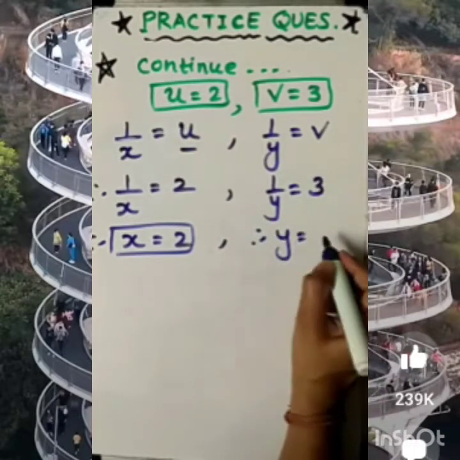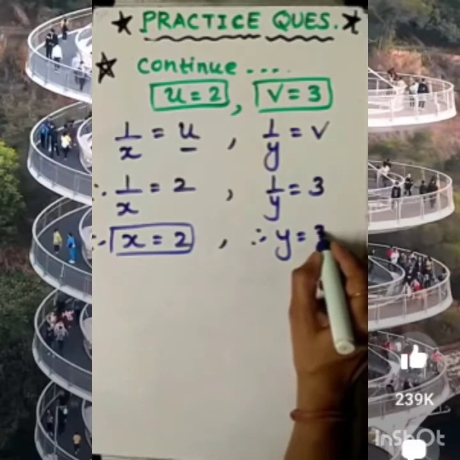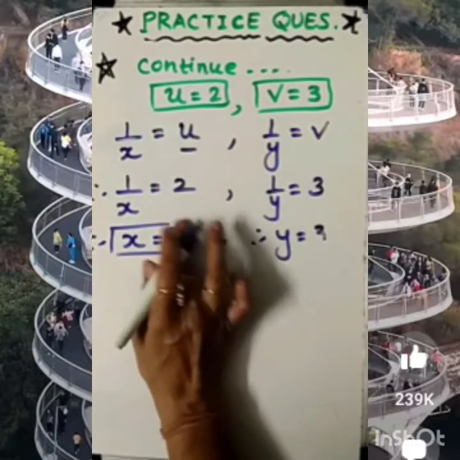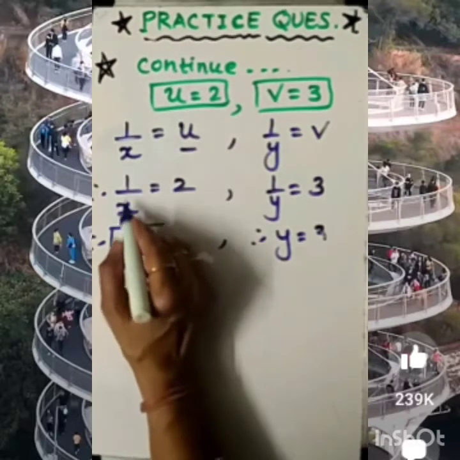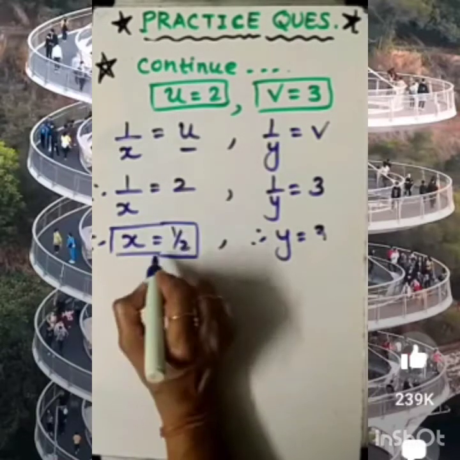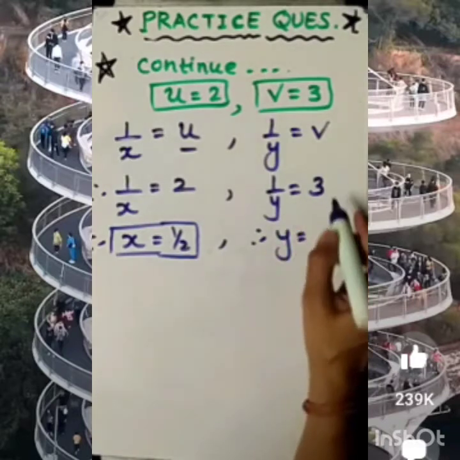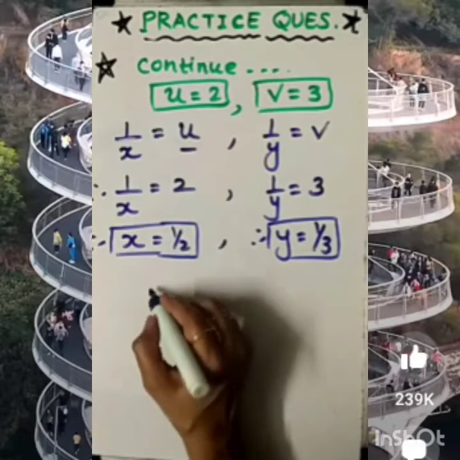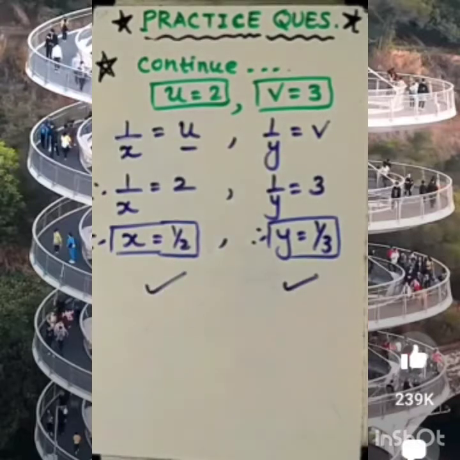Therefore, y equal to 1 upon 2. Sorry, I am correcting here, it's my mistake. X equal to, this is 2, so it will be 1/2 here. So dear student, you also correct. Here y equal to 1 upon 3. Now it's absolutely correct. So final answer, the value of x equal to 1/2 and y equal to 1. Cross multiplication we have done. So this is the solution.